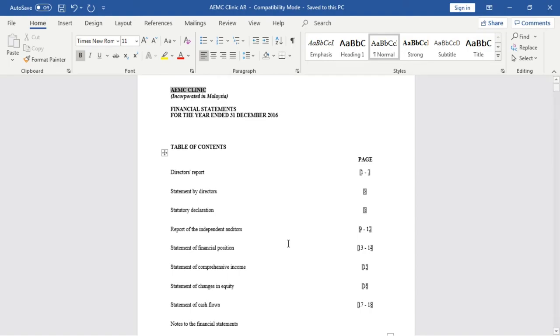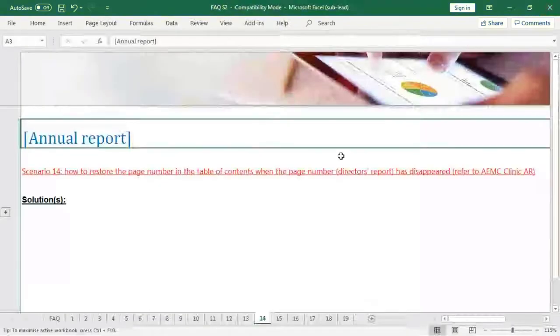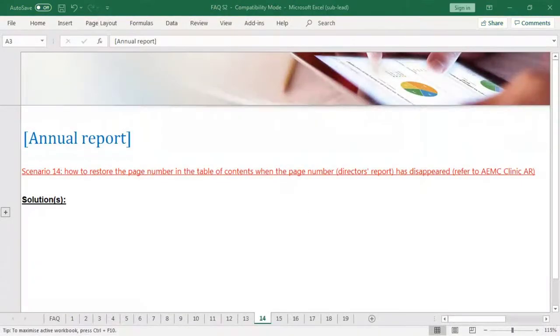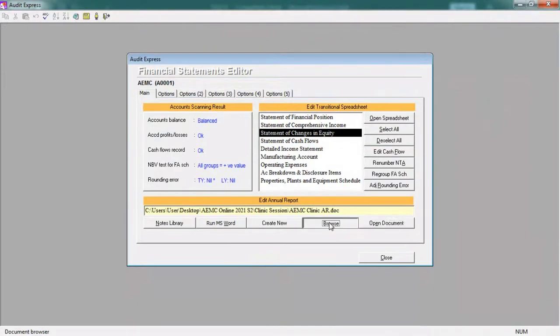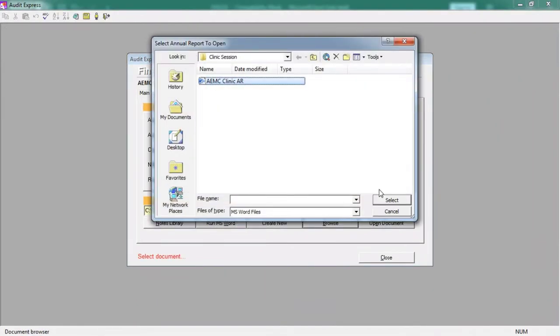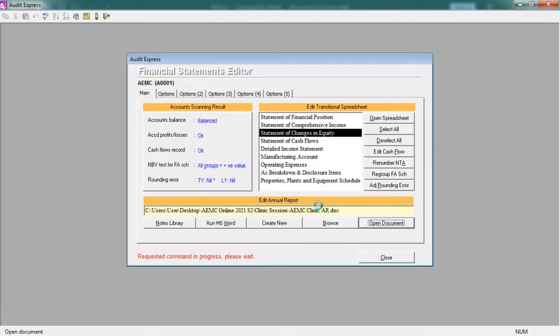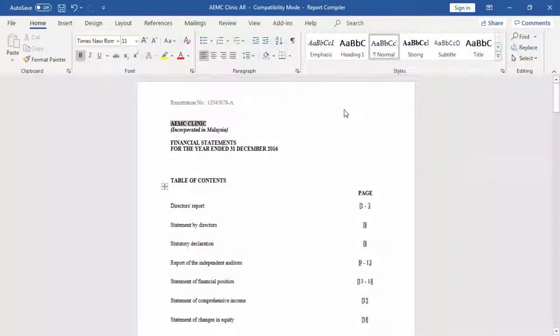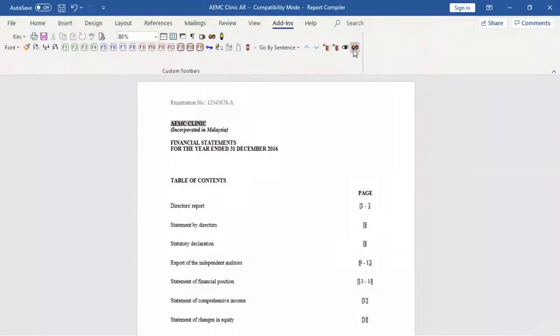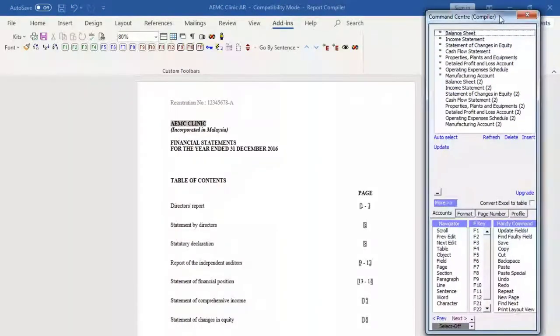Remember the 4 steps in the annual report. The last step is to update page number. Hey, this one got no account. Sorry, let me open again. Browse. Open. Okay, so this one will have to add in. So let us update the page number and see what happened